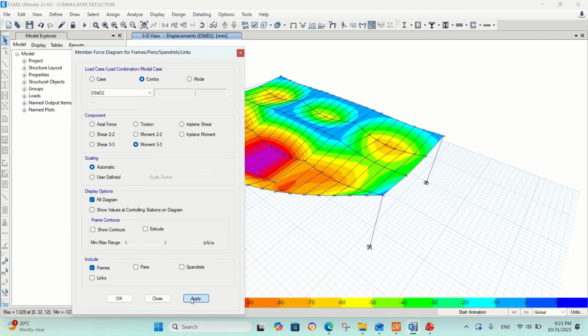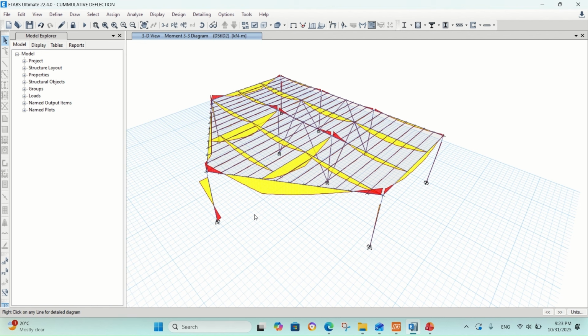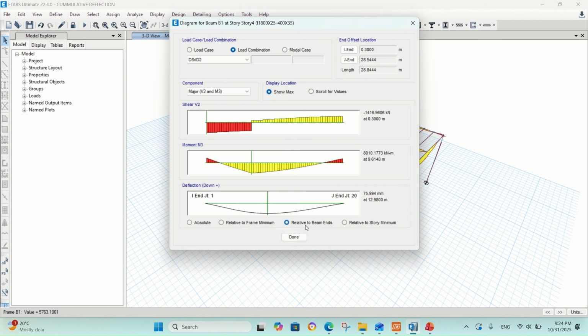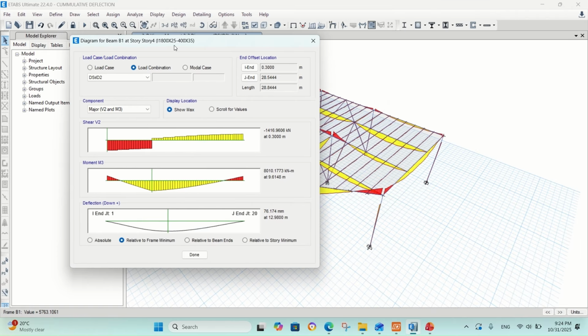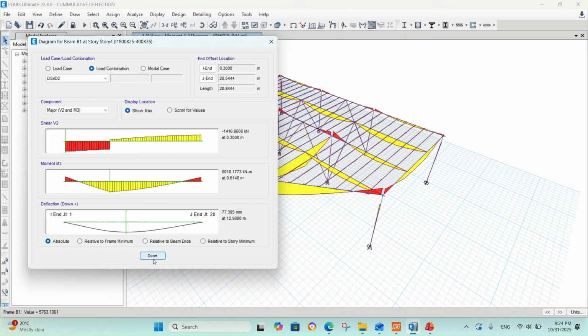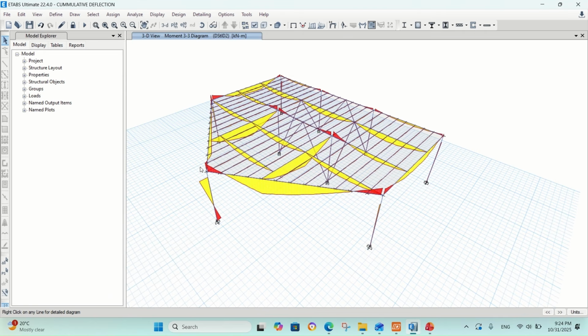If I go back and check the deflection, we will see that the deflection for this main girder relative to beam ends is almost similar to relative to beam minimum and also to the absolute, because it's the main beam that is carrying all other beams and it's supported at its ends to the columns. For sure, the absolute value will be slightly higher because it accounts for the rotation of the beam to column joint. To clarify that more,